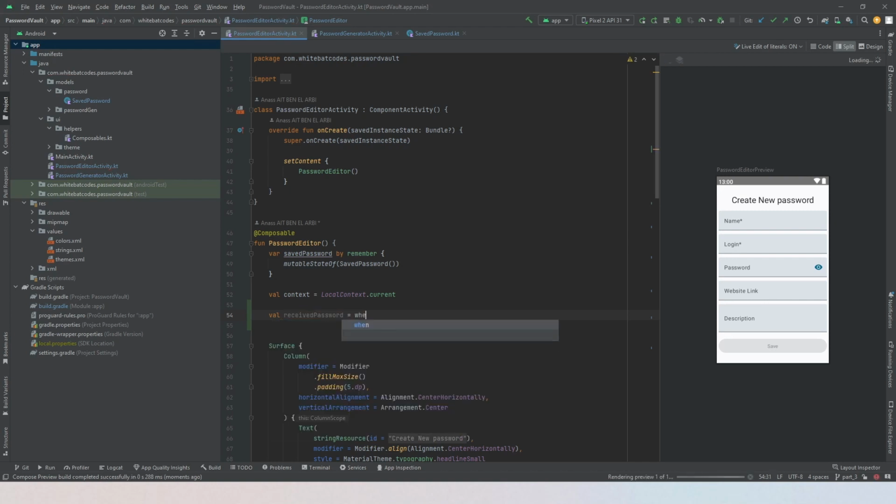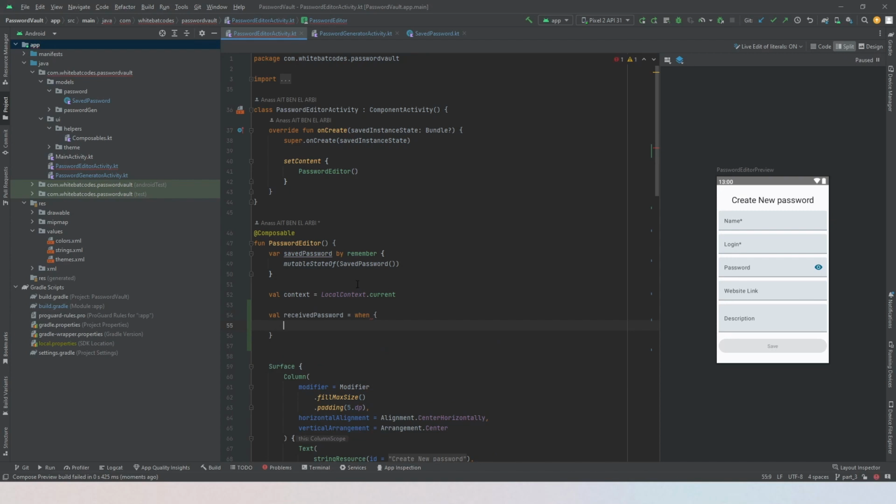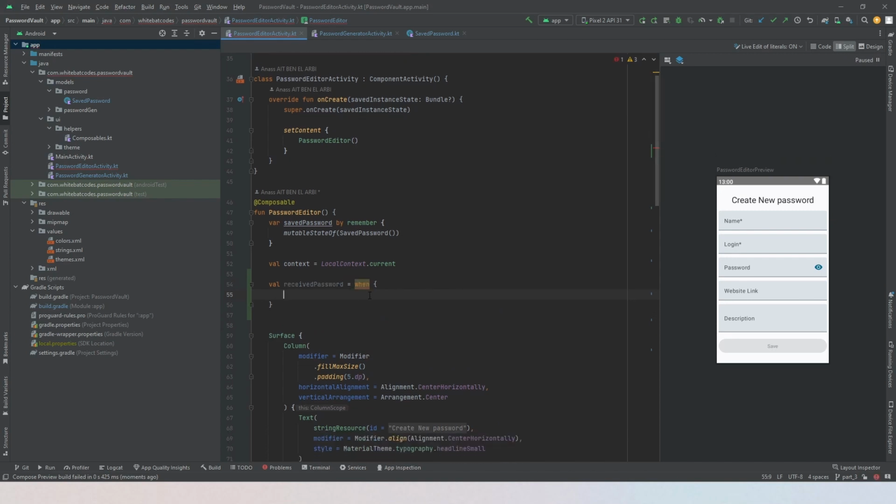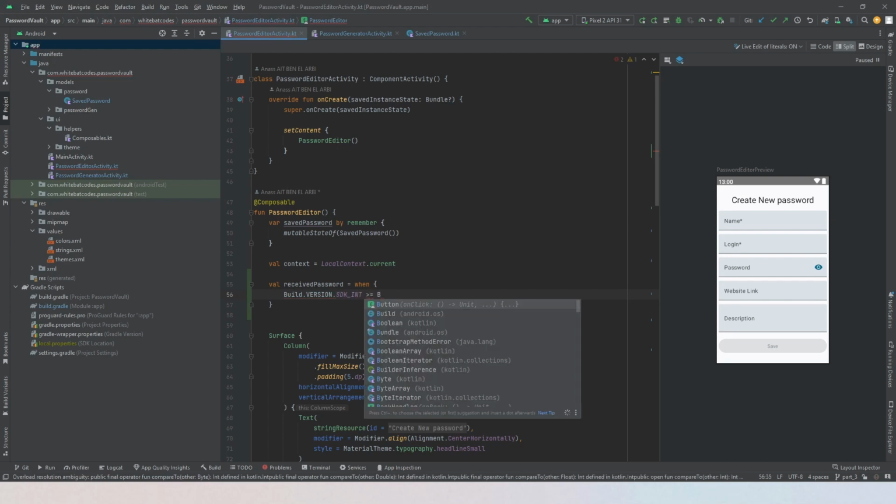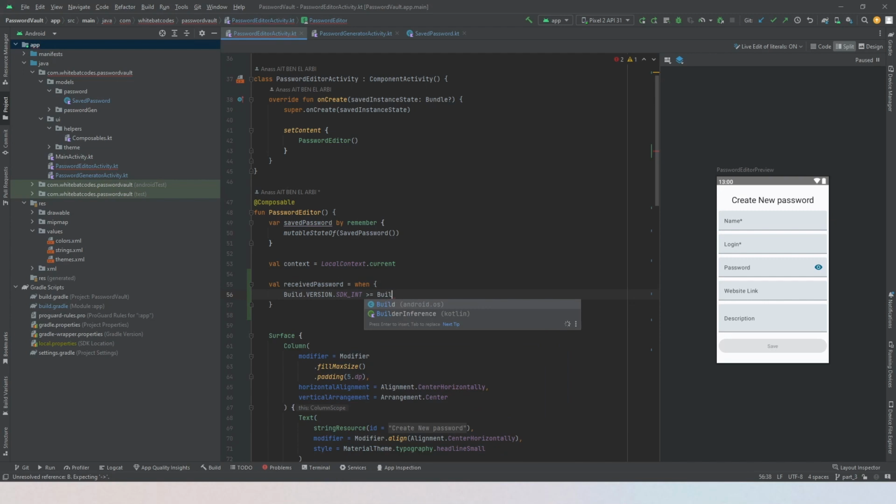So here I'm going to set up some conditions based on the build level. So here build dot version dot SDK int is greater than version 33. So it's build dot version codes dot this, and then